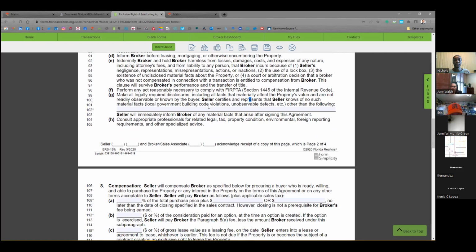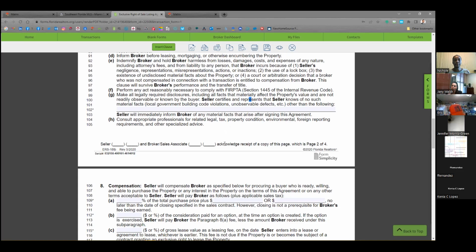That needs to be talked about. There's a lot of that going on right now, where a lot of investors are cashing in on their investment, and they live overseas, and they have to pay a tax. So that form needs to be included, because at the closing table, it always comes up when they ask the